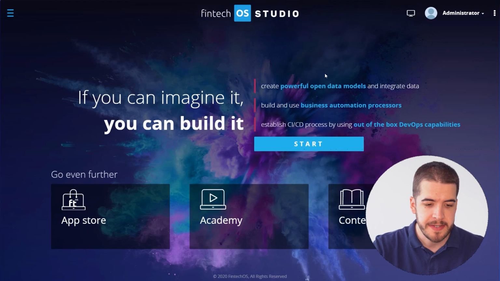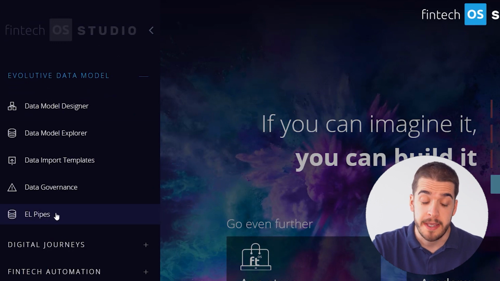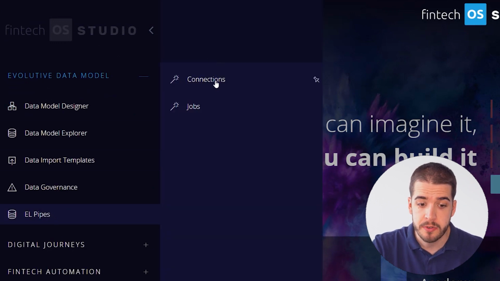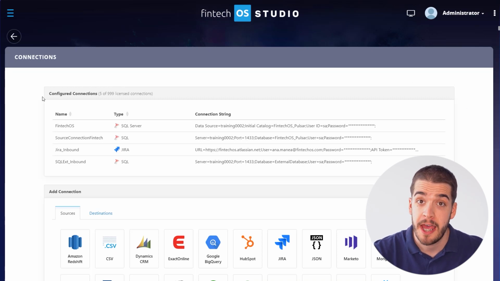So here we are in the FintechOS studio, and what we're going to do is go on the sidebar to Evolutive Data Model, EL Pipes, and we'll go to Connections. So here we are. Now here at the top, I already have a couple of existing connections set up, but